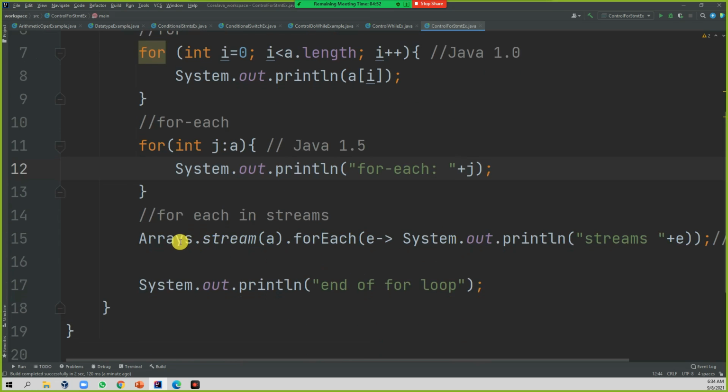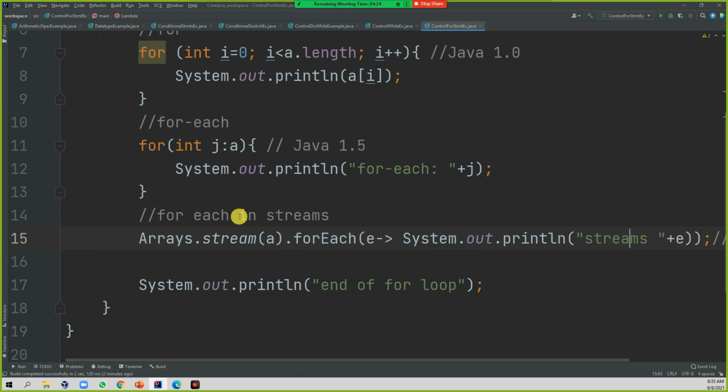But the for each scenario in streams is completely different. Arrays gives the stream. Whatever array you have, that array is put on top of the stream, you apply for each, then it starts printing. This is the for each scenario in the streams concept. It was introduced in 1.8.